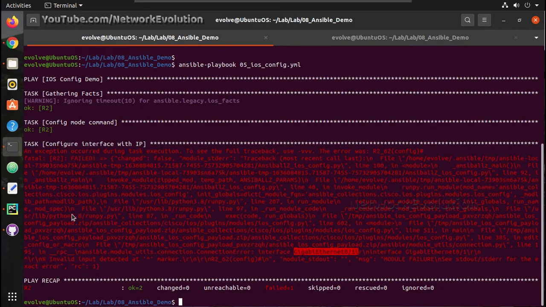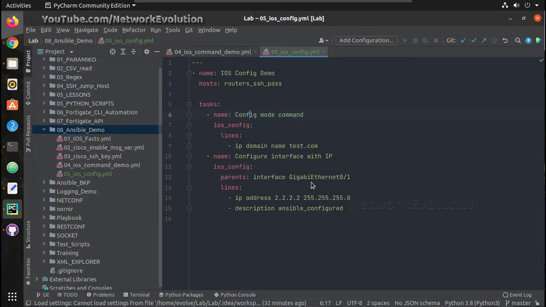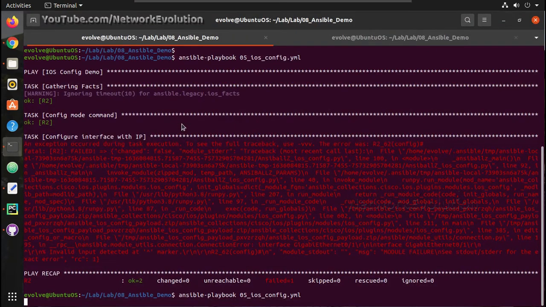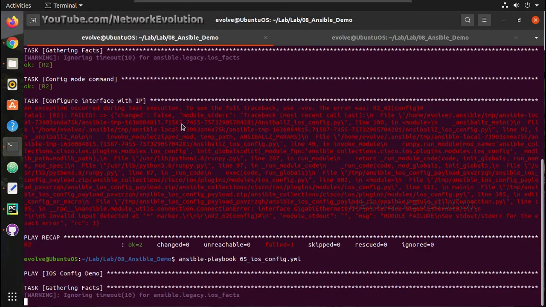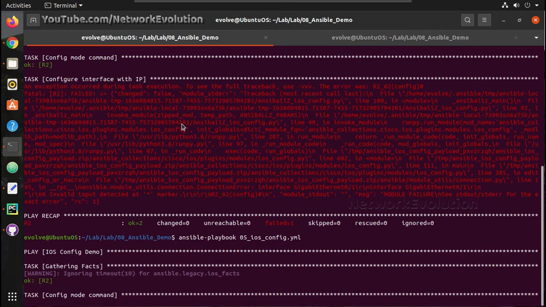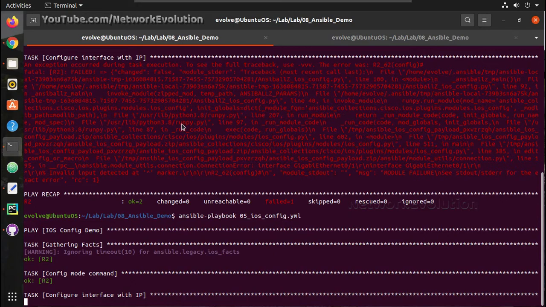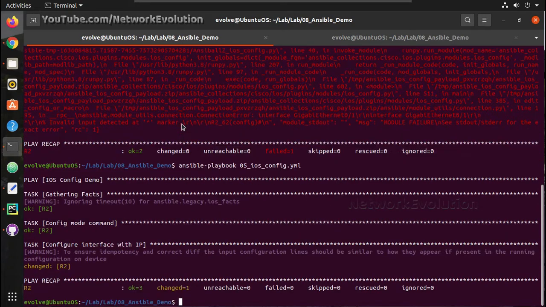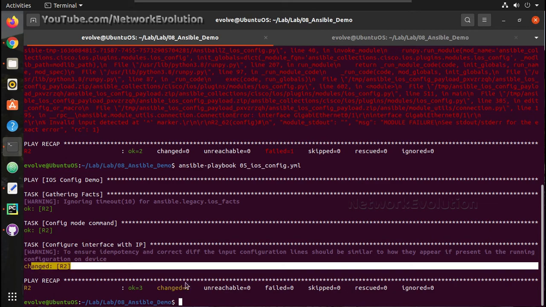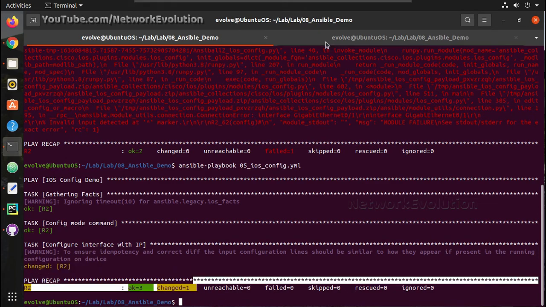There is a syntax error here. Yeah, now you can see this has changed. We'll verify the config here.